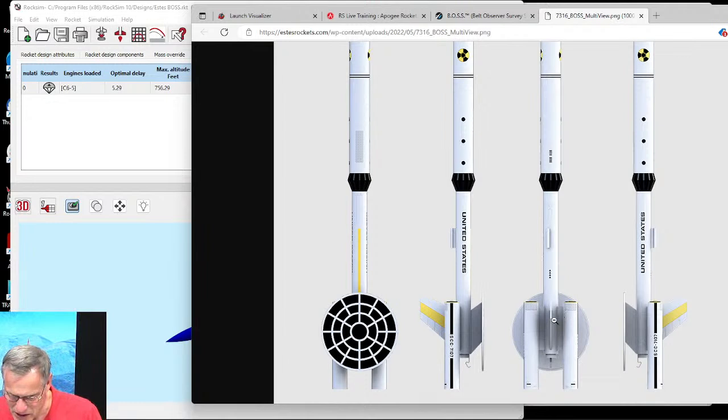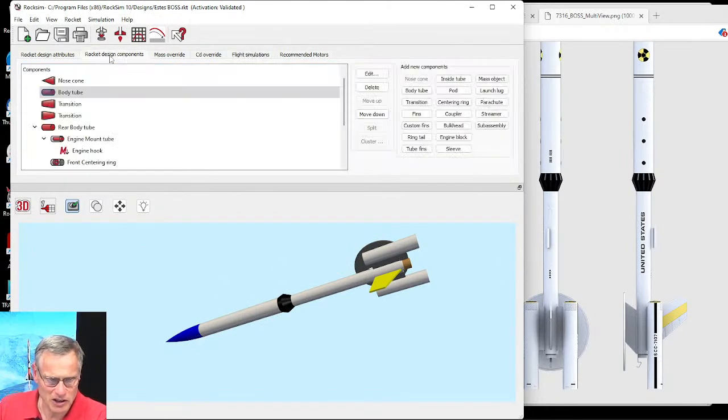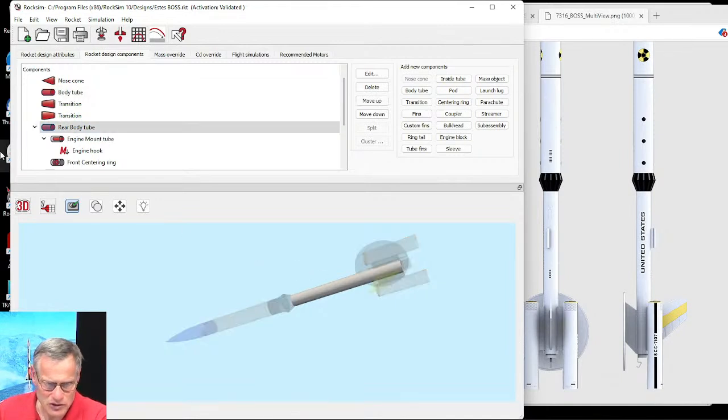I can't see, is there another one buried on this fin right there? But adding that launch lug, it's on a standoff. You can see that little standoff right there on that launch lug. Come back here to Rocket Design Components, and we're going to use a fin as the standoff. Again, it's going to be on that tube. So we have to select the tube, then we're going to add a fin,